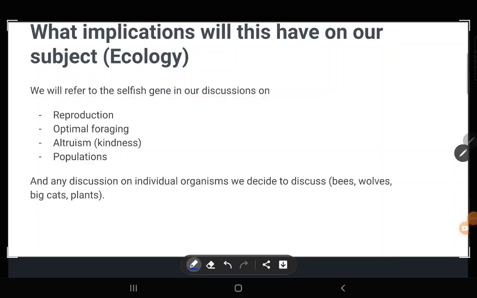The reason I brought up the selfish gene in this lecture is because we're going to talk about it frequently. It is a great place to stand when looking at nature. It helps us to understand things like reproduction. So for example,